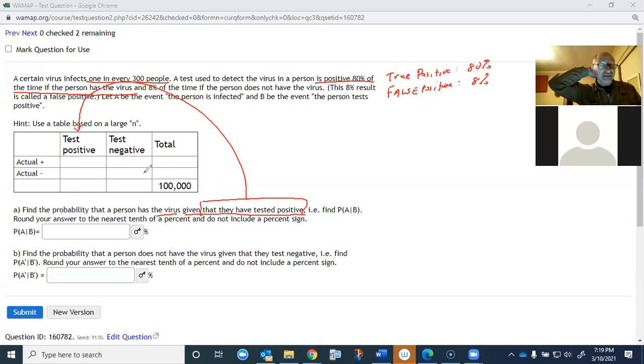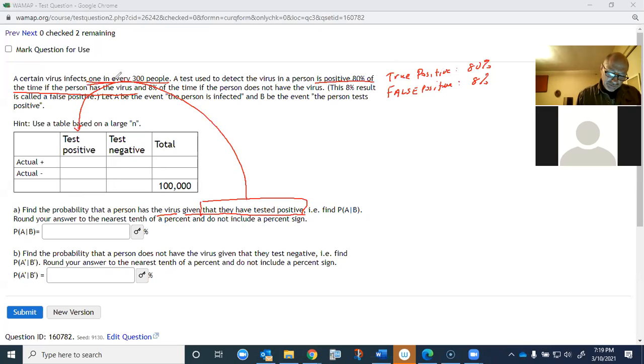I told you in the last lesson that we use these tables. They're really nice, very convenient to pick the probabilities off of if the table's filled out. And interestingly enough, all these values are going to tell us how to fill out the table. So